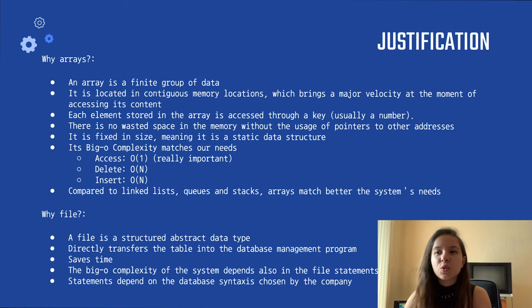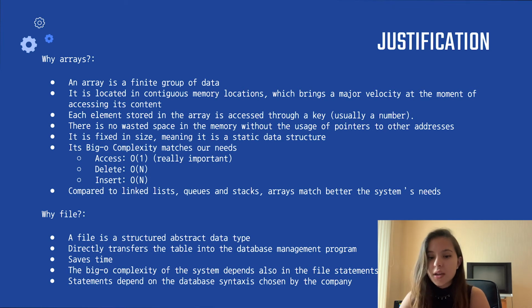So according to the system needs, I decided to compare arrays to linked lists, queues, and stacks to be able to match the system to the needs. So the big O complexity depends basically on whether the system is being efficient in the way it is manipulating the data structure. So, for example, arrays have a big O complexity in accessing of O(1), which means that no matter how big the table is,